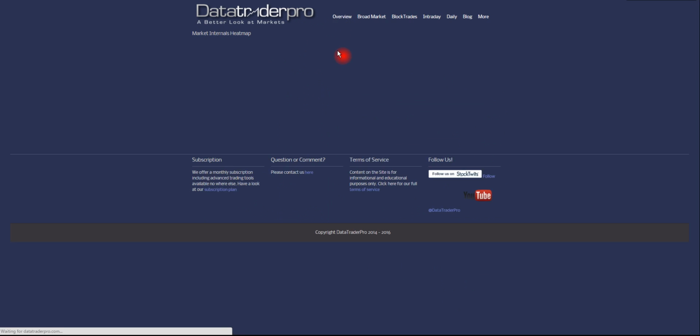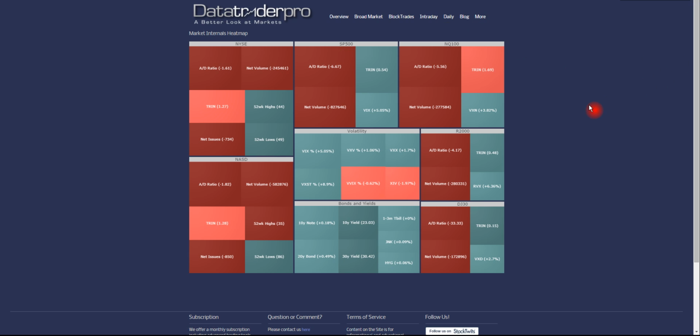Moving on to the market map page. This is a market internals heat map with live data. This data will start at 9:30 a.m. Eastern Standard Time, U.S. open. Most of the internals won't start on exchanges until then. We calculate our own data,